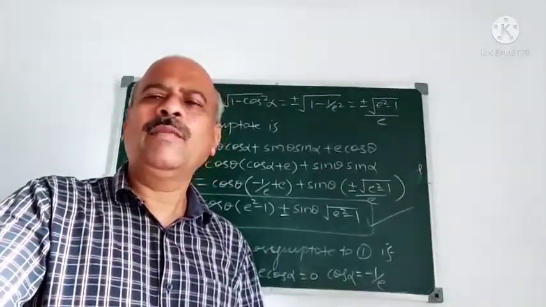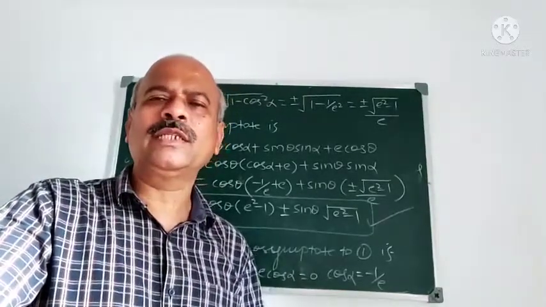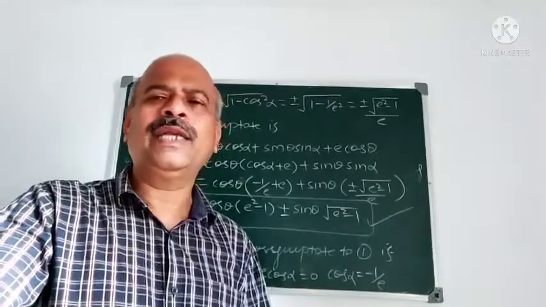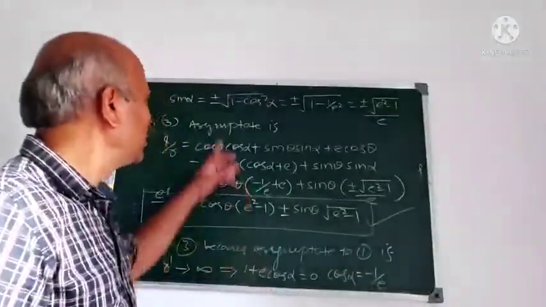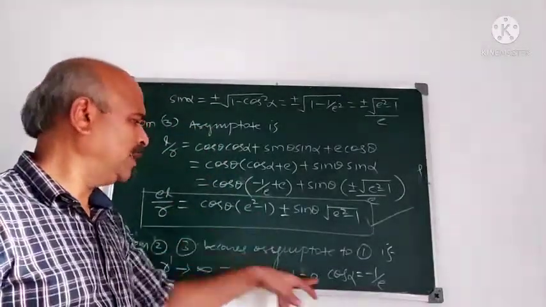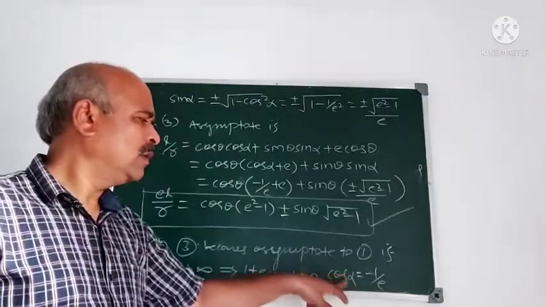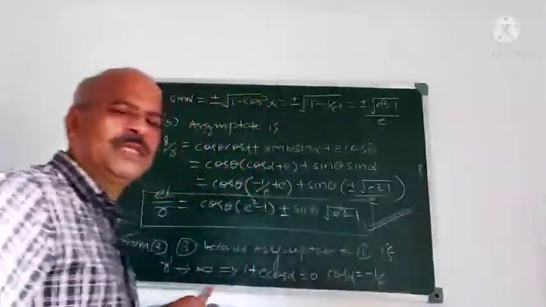L by R is cos theta minus alpha plus e cos theta is the equation of tangent. Then you have to find out alpha using that r dash tends to infinity. See here, you have to find out alpha, meaning cos alpha and sin alpha. This is the equation of the asymptotes.